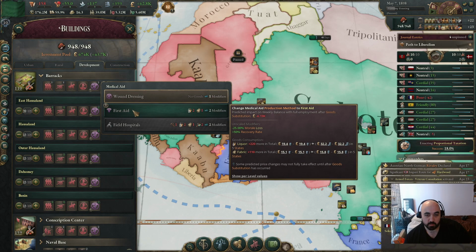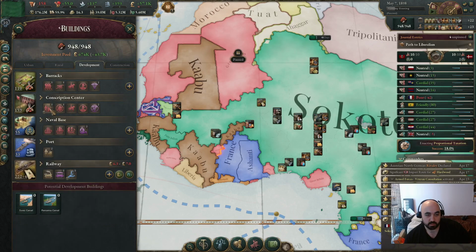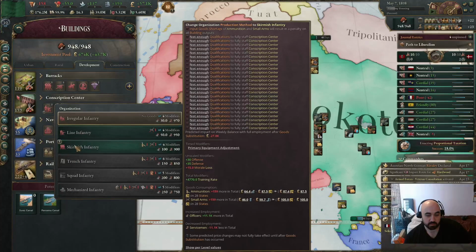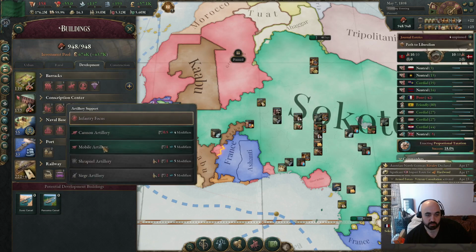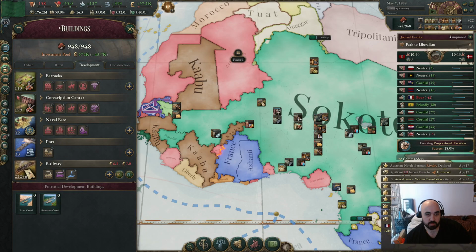Ooh, this doesn't require opium anymore? I didn't even notice. They changed the PM. So we're going to swap those over, which will help us out quite a bit on that front. I'm just considering swapping these over as well. It's going to cost quite a bit, but considering we might be...